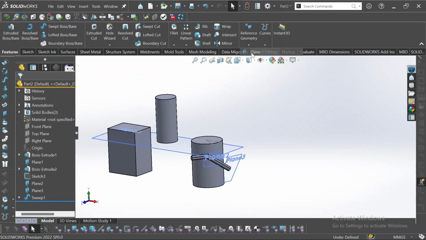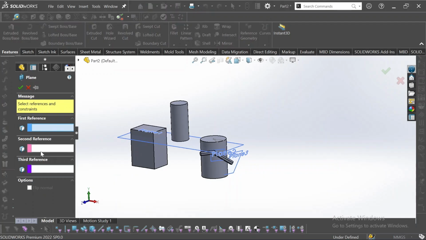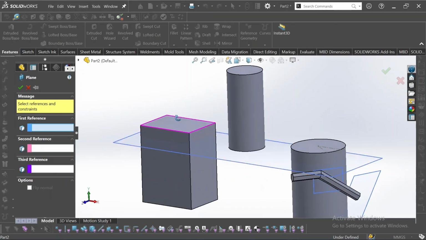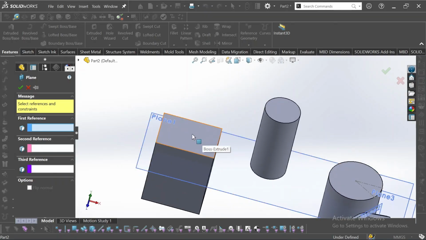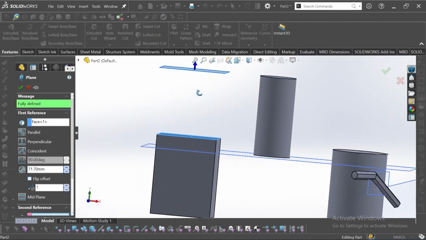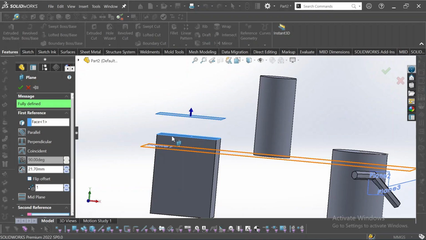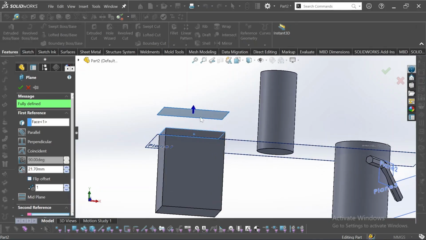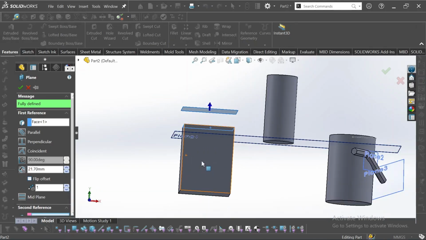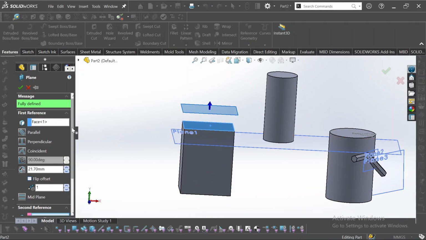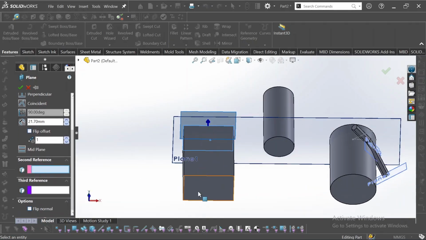Yes, there is. So if you come over to plane creation, now let's use the first two. Sometimes the third one is not really used, but if you can master these two, you can master how to use the third one. So we've talked about how we can create a plane above another plane. So if I click on this face, it's going to create another plane with reference to this face. So the distance here, you can adjust it to 10, to 1, to any number you want. But let's say I want the plane to be in the middle of this body here. So what I'm going to do, I'm going to click here as the first point, and I scroll down. On the second point, I pick the other side,